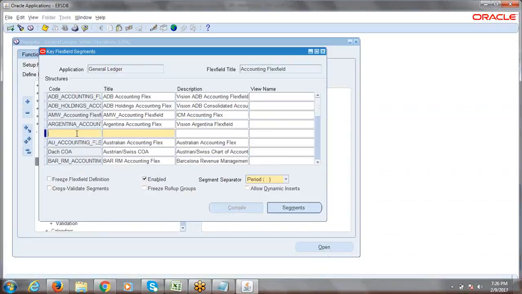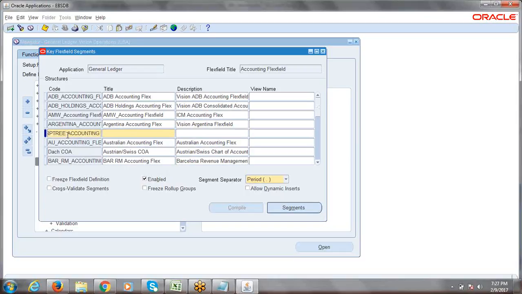And one more point here, we are going to give the structure code. When you say code, from the system point of view, it's always recommended to give uppercase. And what Oracle recommends is, don't keep any space when you are writing the name. The meaning is, see, I'm going to write here. I'll write ERP tree